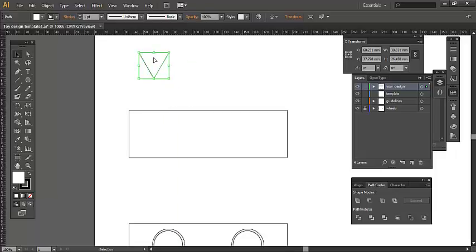I did hold down the shift key as I did that. It restricts the movement to 0, 45, 90, and 180. So just big chunks, but clean chunks. I'm going to now change the shape of this. I'll make it a little larger maybe,